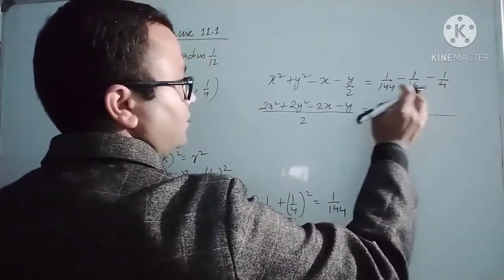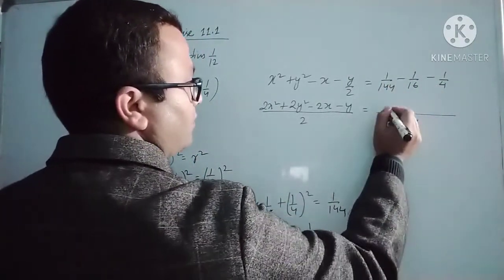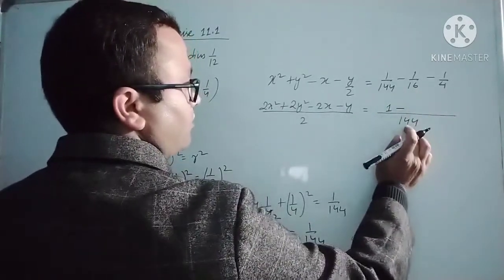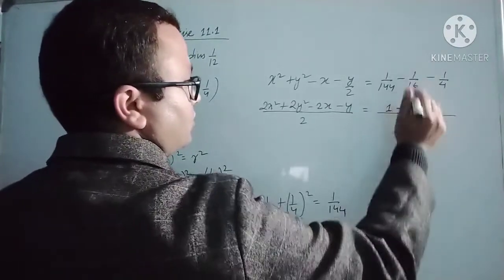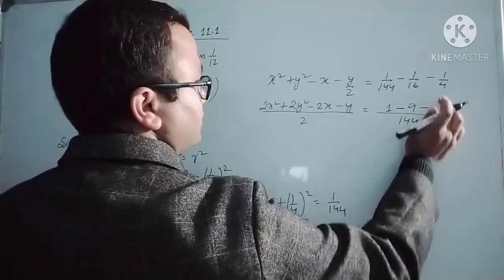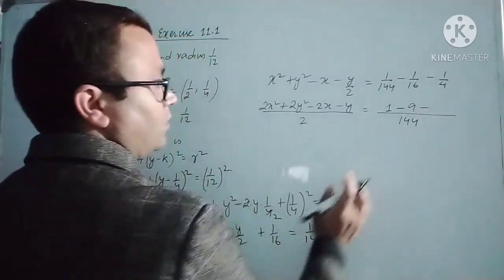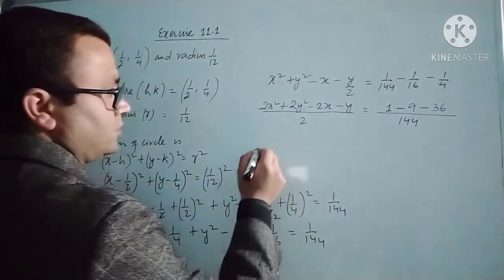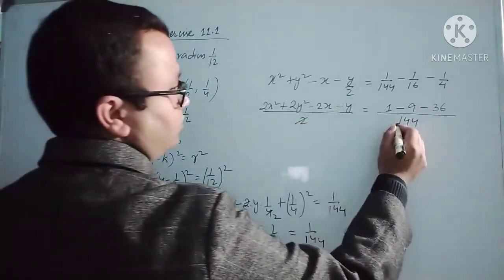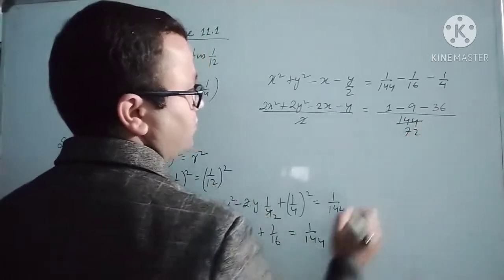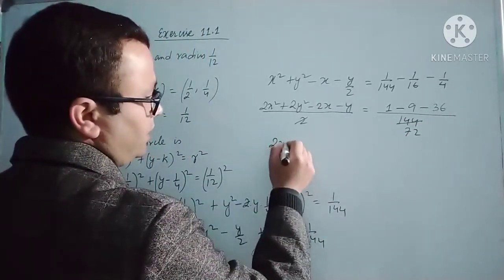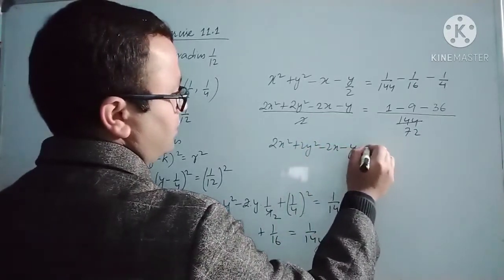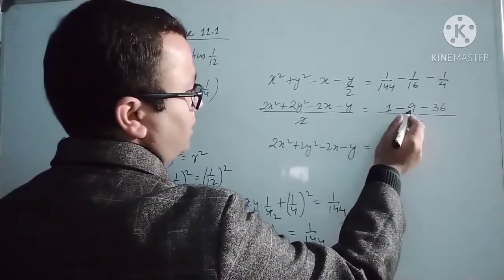Now 144 divided by 144 is 1, minus 144 by 16 it is 9, minus 144 by 4 it is 36. So we can cut 2, 2 into 72 is 144. So it is 2x² + 2y² - 2x - y equals 1 minus 9 is minus 8,